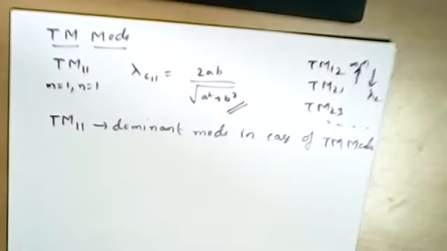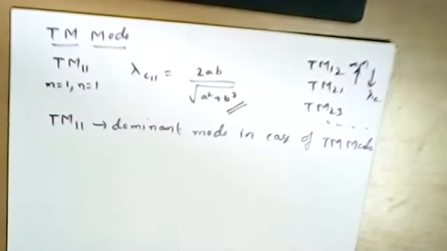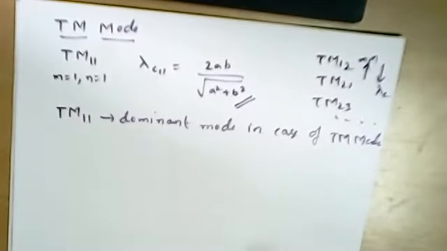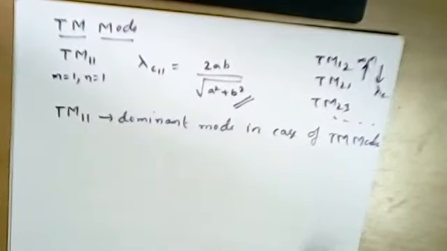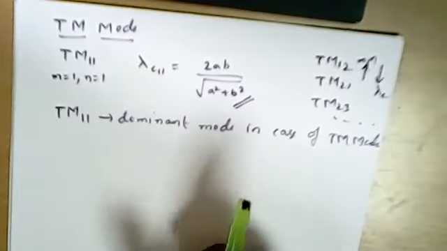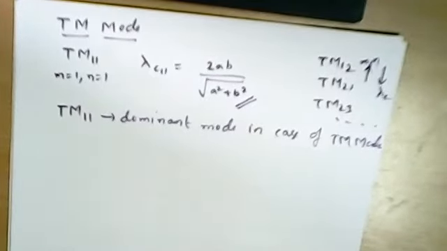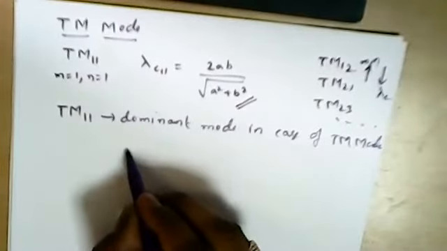Which is the dominant mode in case of TE modes? I may ask this frequently, and it will be very useful in the coming classes also; we will keep recalling these terms. Put it in the chat box. Yes, Andy, more answers. TE10, fine. Good response. TE10 is the dominant mode in case of TE modes, and TM11 is the dominant mode in case of TM modes. So this is all about the concept of the dominant mode.